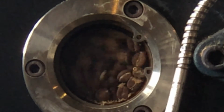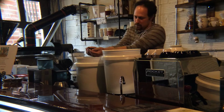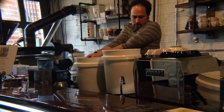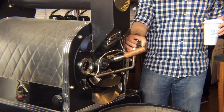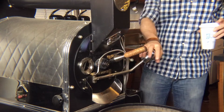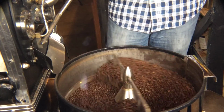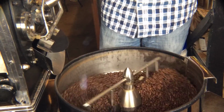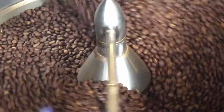Sure. So I use the roaster that's right over there. Basically, what we do is we weigh out all the beans to make sure that we have an exact understanding of how many grams of beans we're putting into the roaster. We roast basically till it's a trial and error process to make sure that we understand where each bean needs to be. But most of the beans that we carry on a regular basis, I know them really well, so I know where I want them to be. So light roast, dark roast, medium roast,